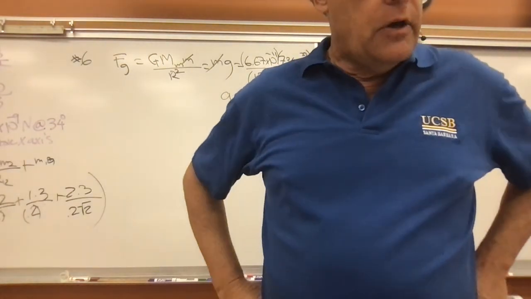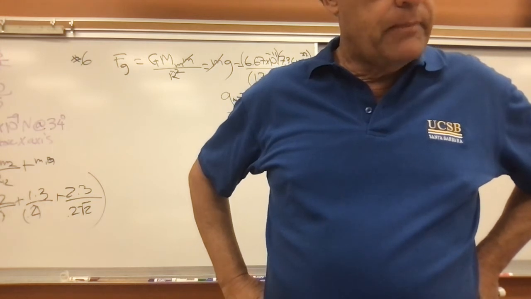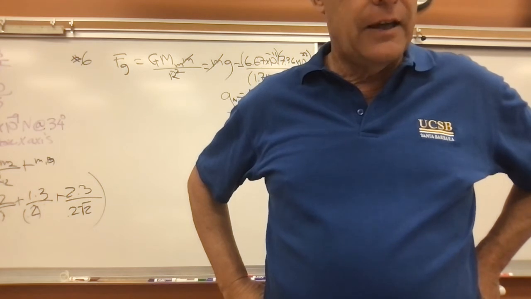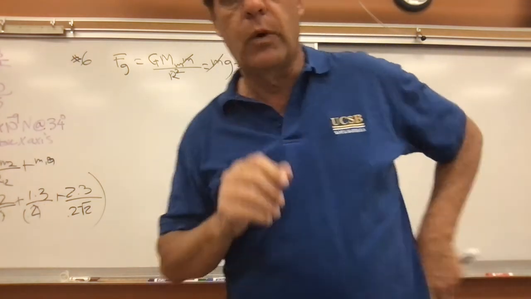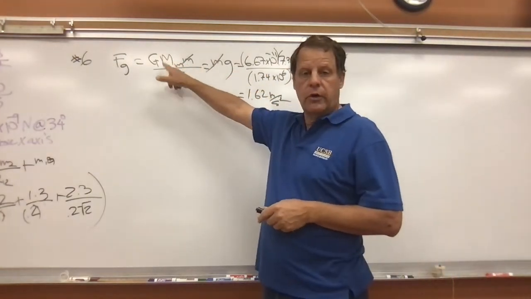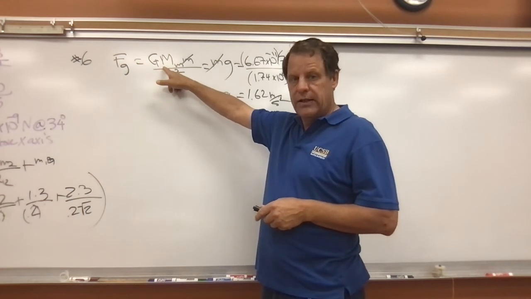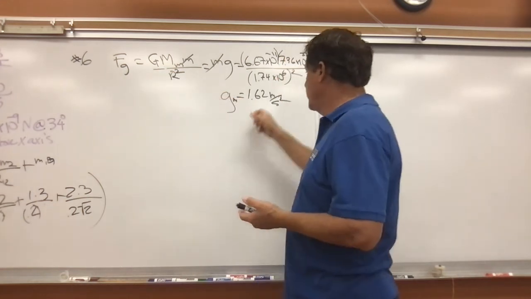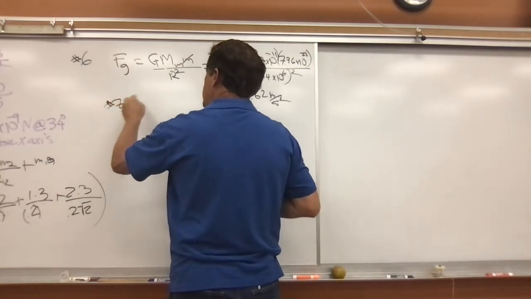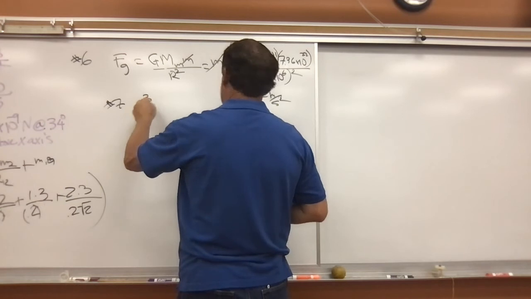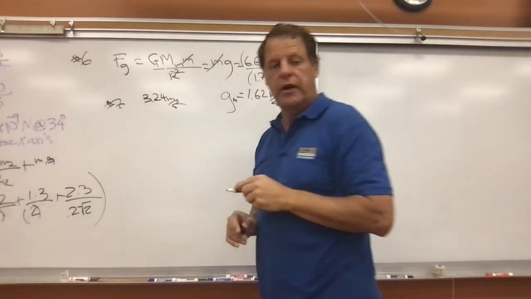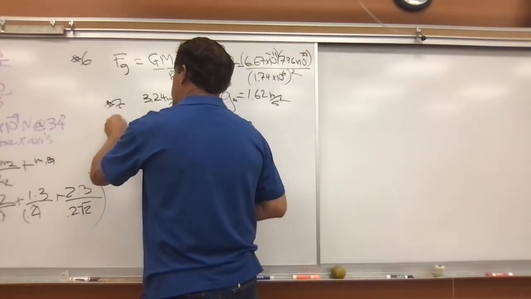So our next question. If the mass of the moon was doubled while the radius stayed the same, what would happen to the acceleration? Okay, so all we have to do here is look at our equation. So if the mass gets doubled, it's in the numerator, and therefore the acceleration would go to number 7. The acceleration would go to 3.24 meters per second squared. It would just double. Okay, and number 8,